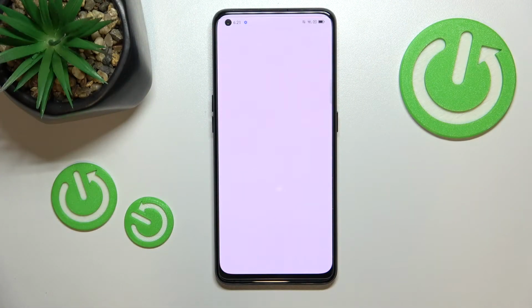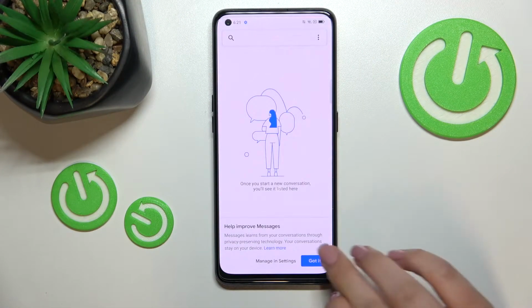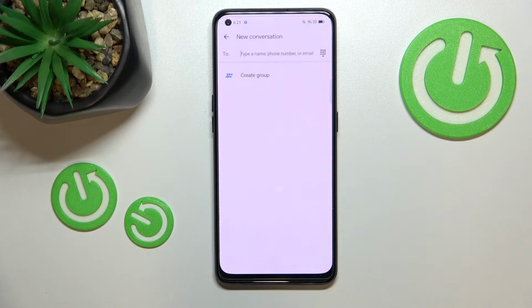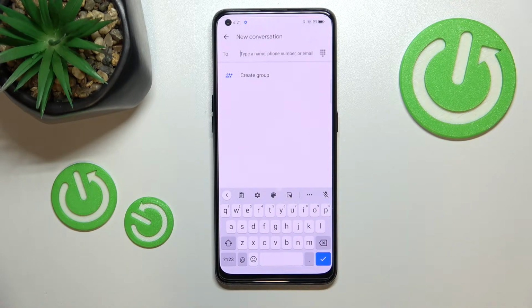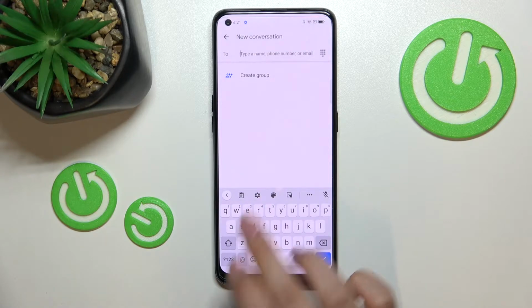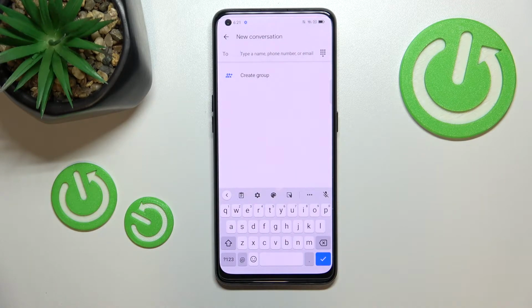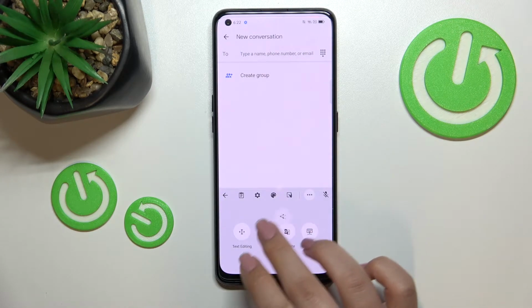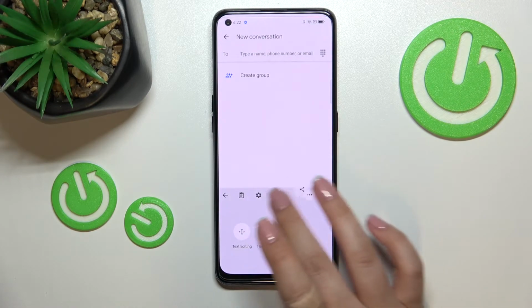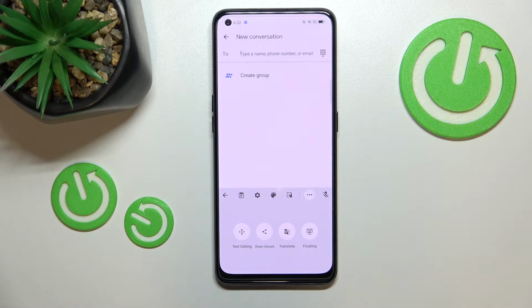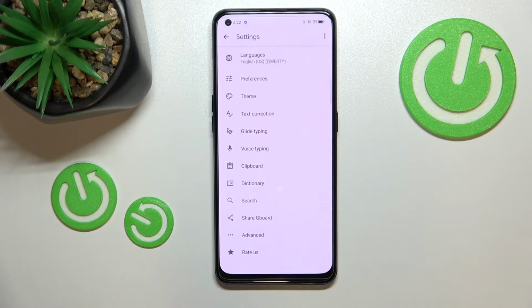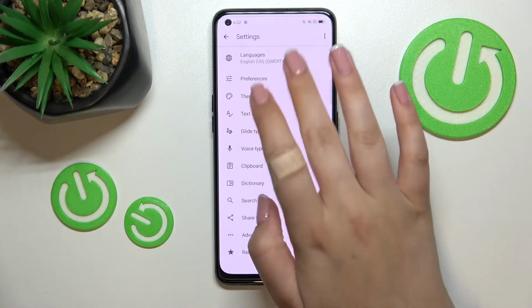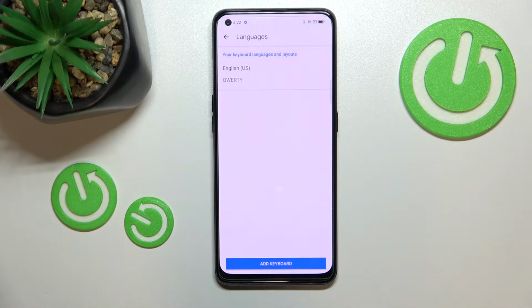So first of all, let's open the keyboard. For example, in messages, it doesn't really matter, just have the keyboard on the screen just like that, and actually all you have to do is to simply enter the settings. If you cannot find the settings here, no worries, three dots icon and you will be able to find it here. You can tap on it, hold it and drag it to this section to have, of course, much faster access. So let's enter the settings, and now let's tap on the languages, and this is the list of all